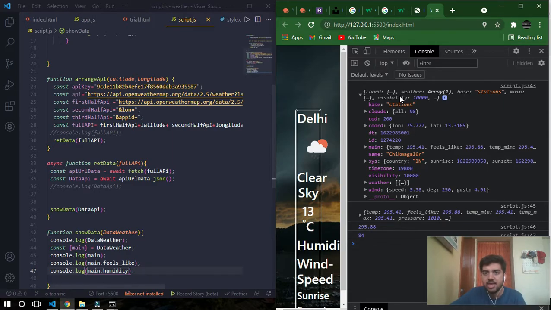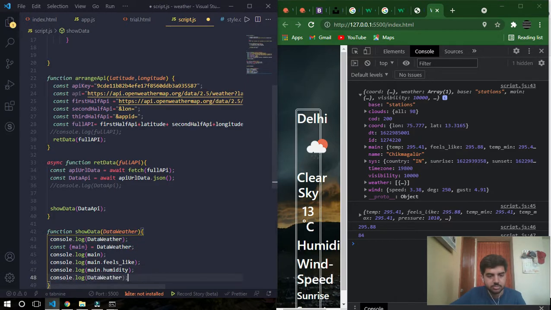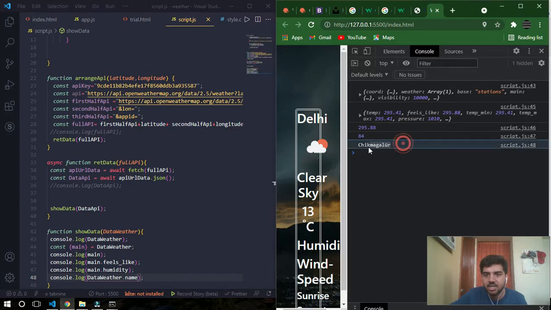It's only inside the main object. So we can just retrieve the name using data weather dot name. We are getting the name as Chikmagalur. Now what we need is an icon. How to get an icon? Getting an icon, let's go afterwards because it's quite tough.